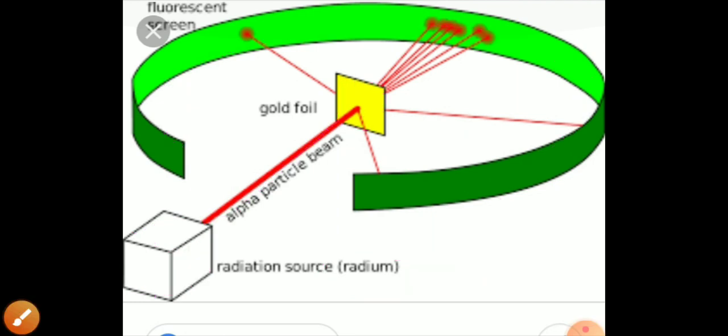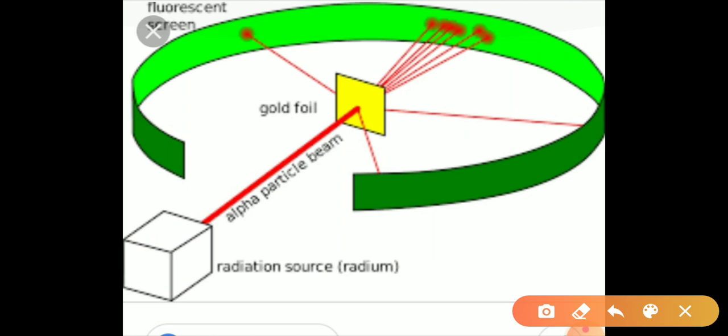Now what were the observations? Rutherford performed this experiment with a gold foil whose thickness was only 10 raised to minus 4 mm, and he bombarded it with positively charged alpha particles emitted by a radioactive element. He observed the path of alpha particles by means of a fluorescent screen around the gold foil. It was expected that the alpha particles would get reflected from the gold foil if the positively charged mass were evenly distributed inside the atom. Unexpectedly, most of the alpha particles went straight.